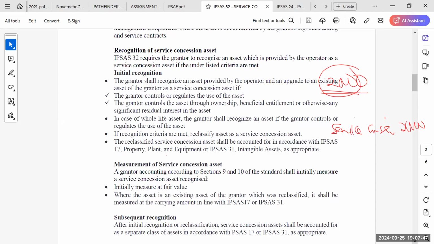Subsequent recognition. After the initial recognition,